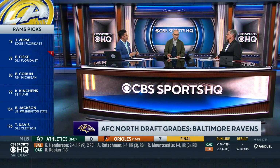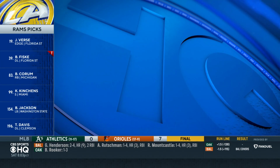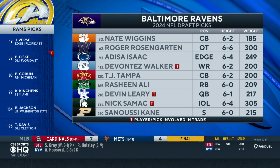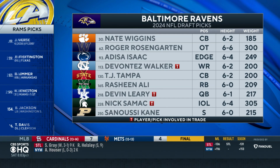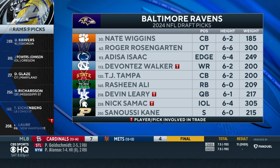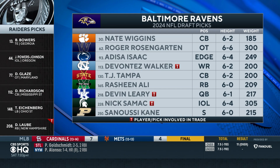And Eric DeCosta continues to follow in the footsteps of Ozzie Newsome and just crush draft after draft. Nate Wiggins feels like a Raven. He's a little on the light side at 185. I don't even think he weighed that at the combine. But he is long, he is fast, and he can cover. Rosengarten protected the right side for Michael Penix Jr., which is his blind side, obviously. Adisa Isaac played opposite Chop Robinson. He is a juiced-up edge rusher who needs to get a little stronger at the point, but you can see